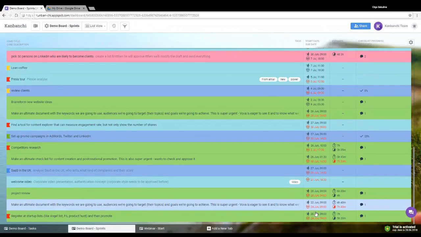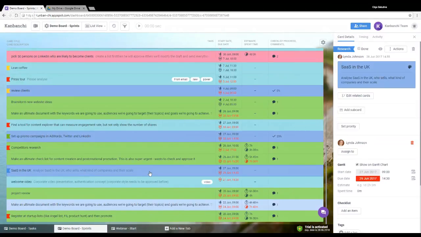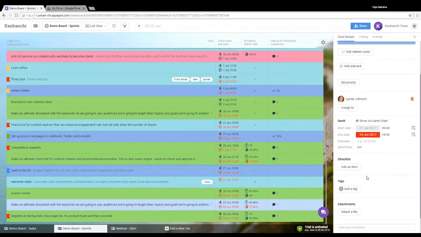Of course, these numbers have to come from somewhere. Estimated time can be set here. Let me open any card. Okay, you can put estimate time here. For example, 1 hour. And actual time